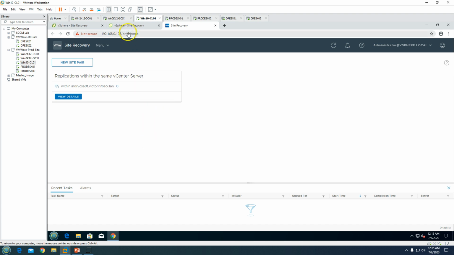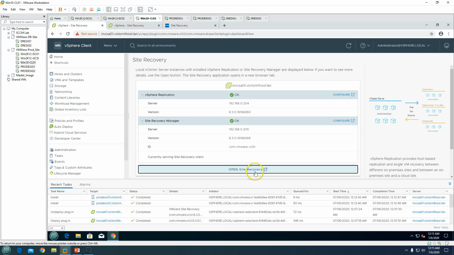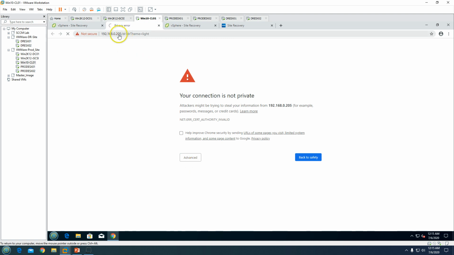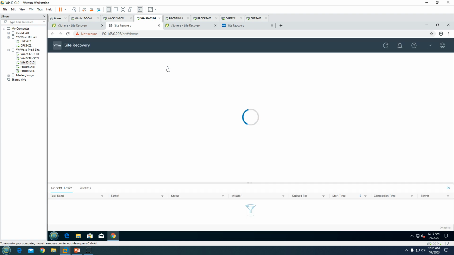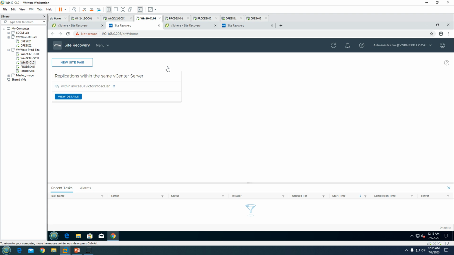So you can see this is going to my SRM appliance slash DR page, and same if I go from here, from the production side, it will go to my SRM appliance and slash DR. So whatever we configure on one side, like on the primary or production side, it is going to replicate the same thing on the DR side also. Basically we are doing the activity on one console, but it's going to replicate on both sides.